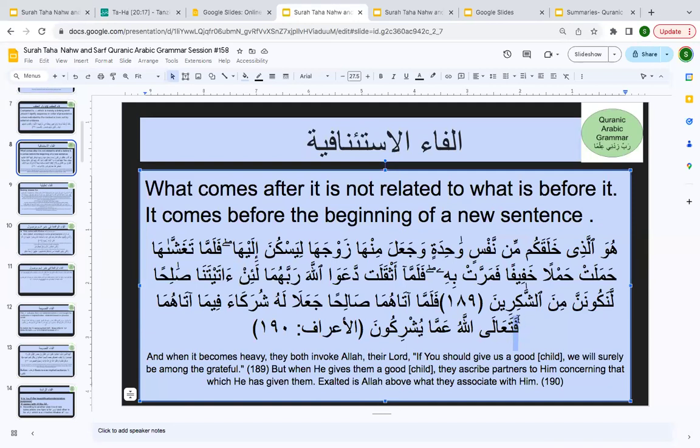So this kind of fa that starts a new grammatical statement is going to be labeled as al-fa al-isti'nafiya. Is this clear to you? You have to see that there is something new that has started. The statement that you saw before is jumla shartiya starting with lamma because it is followed by fi'il madi, and then there's another grammatical statement that starts after fa, and this fa is going to be called fa isti'nafiya.